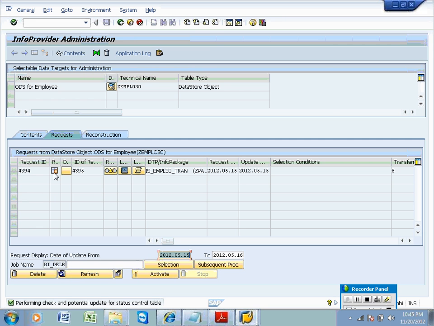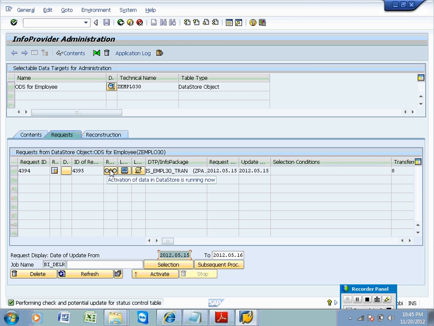Whenever you perform the activation process, it again becomes yellow. Now the process is running actively and transferring the data from the new data table to the change table and active data table. That's the reason it is yellow. Once the background job is completed successfully, it will turn into green status. Once it turns green, it means your background job is completed successfully.